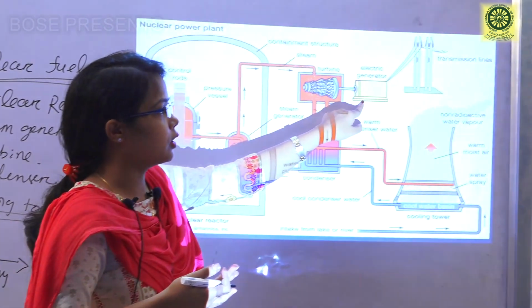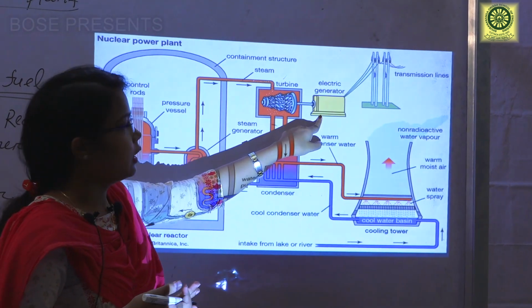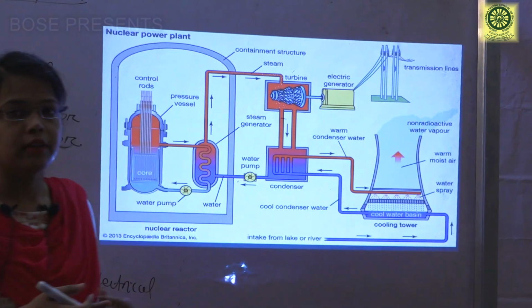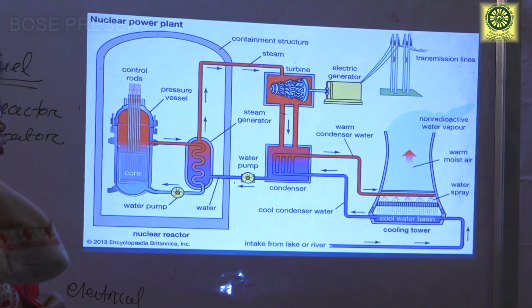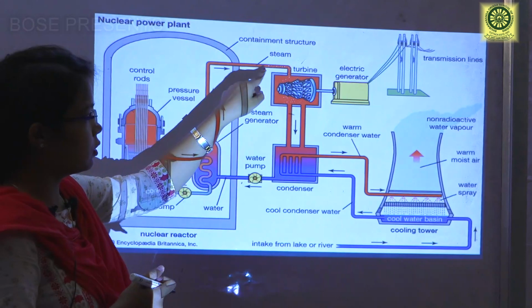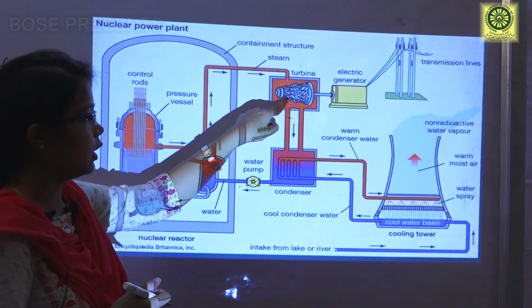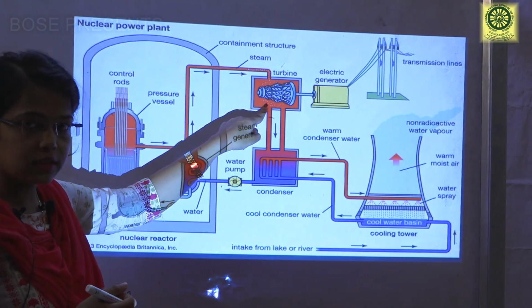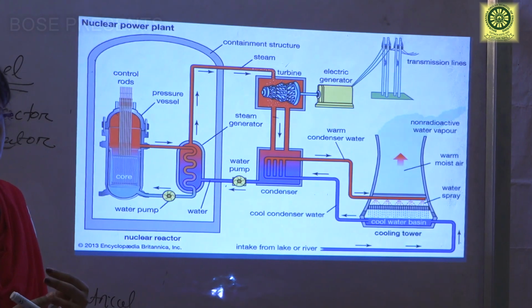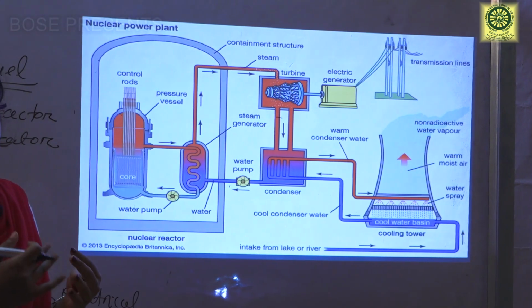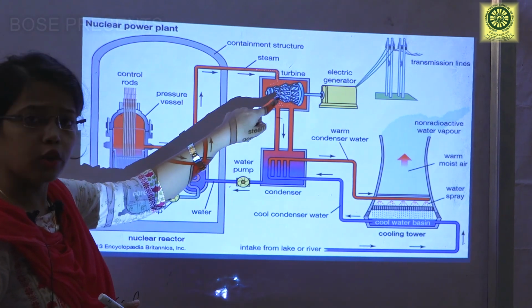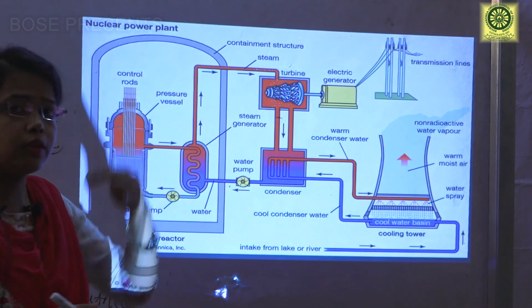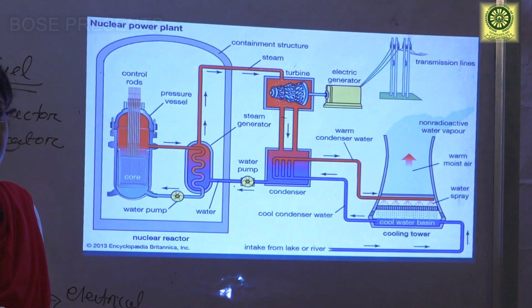That electrical generator generates the electricity, which is transferred to the transmission line, and accordingly distributed to customers. Okay, so what happens inside the turbine? The steam is entering into the turbine. Obviously that will rotate the turbine blades, and enthalpy drop occurs. You all know enthalpy drop occurs, and that will generate the power.